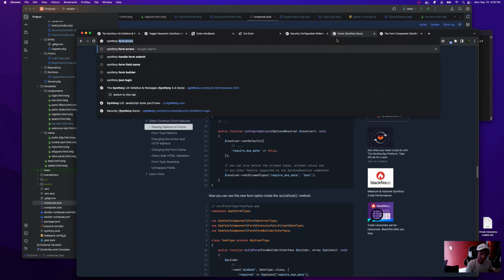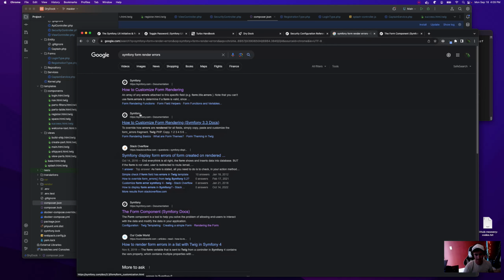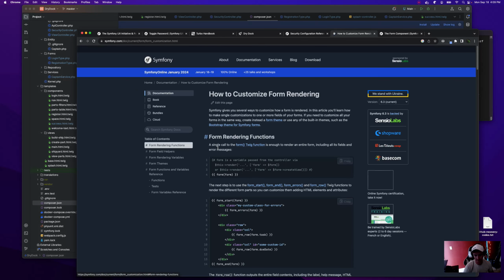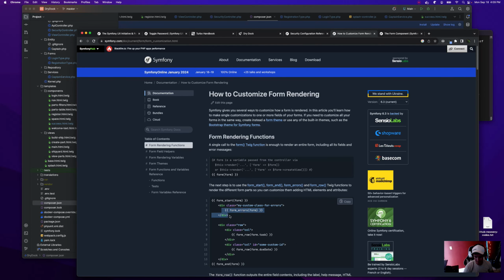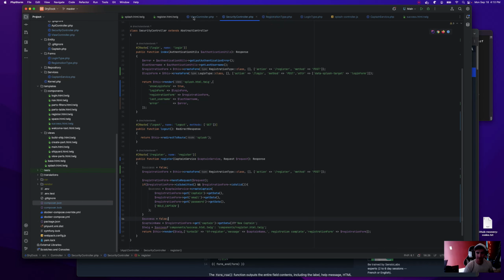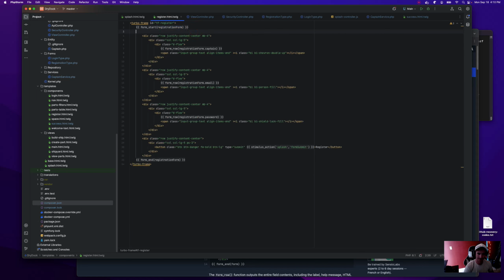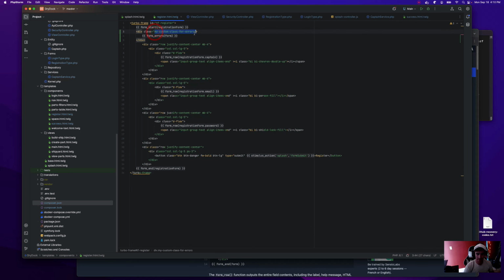Where is it? There we go. Cool, that's good. I guess we don't really need Webpack right now, so we can leave it off. Add our form errors right here. Just like that.